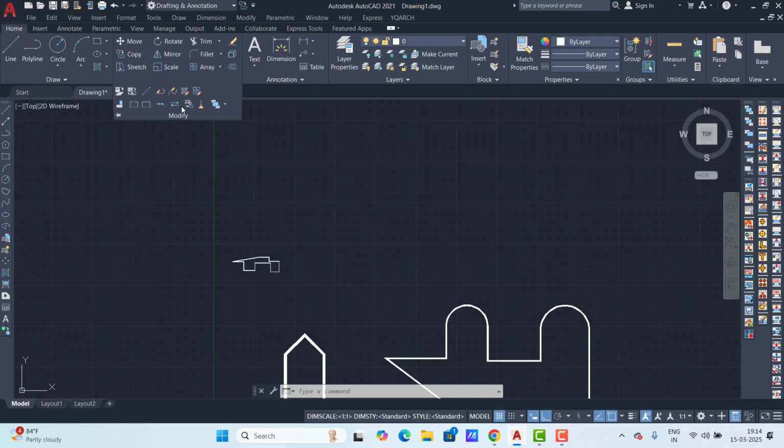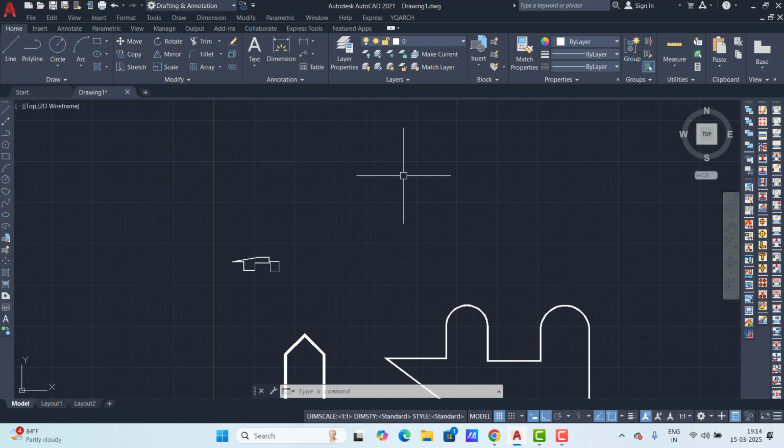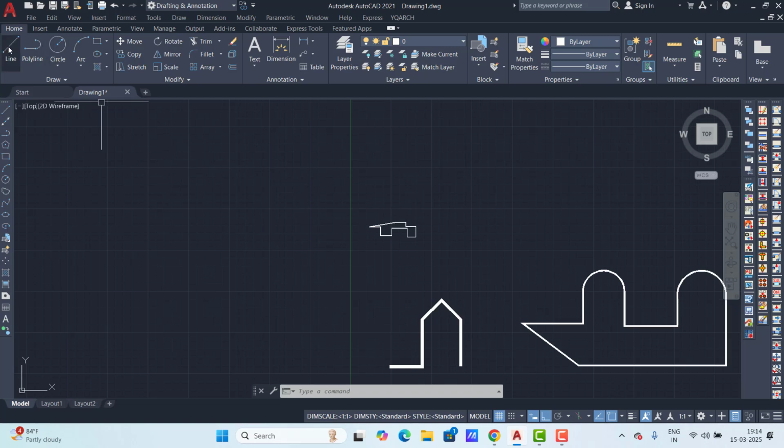Again, to change it, W, enter, and type here 100, 150. This way the thickness can change. Okay. If you want to exit the command, you can press Escape. That is how a single line is converted to a polyline. So if we have multiple lines,